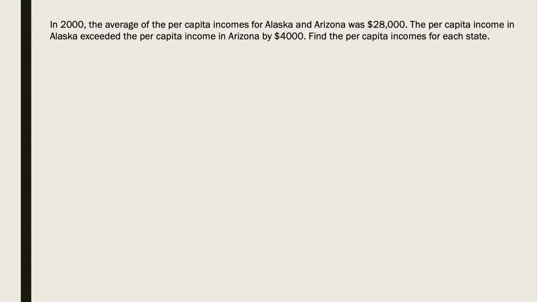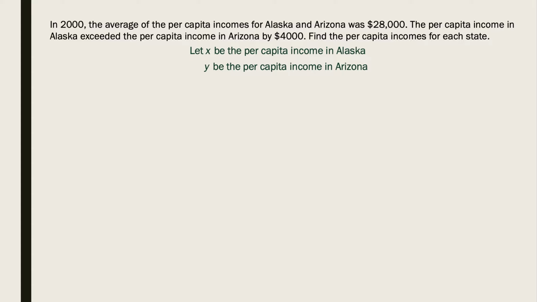So the first thing that we need to do is figure out what our variables are going to represent and how we're going to define them. Our question is to find the per capita incomes. That's what we want to solve. So we're going to use that last sentence in order to define our variables. We're going to let X be the per capita income in Alaska and